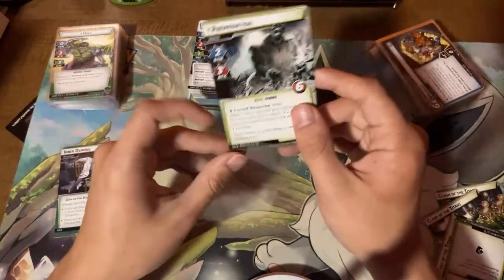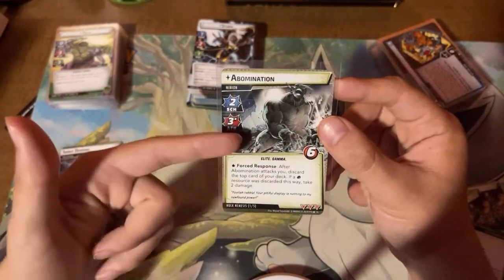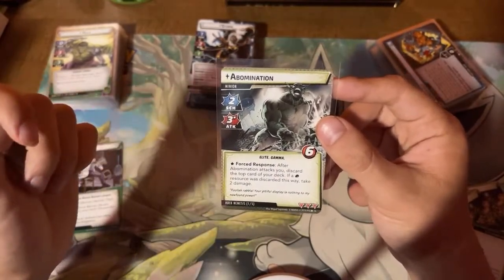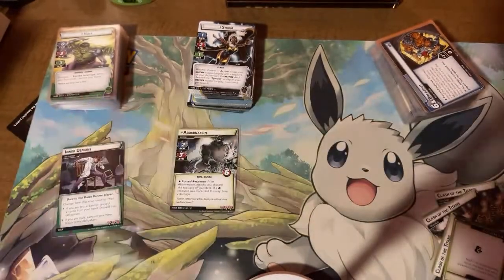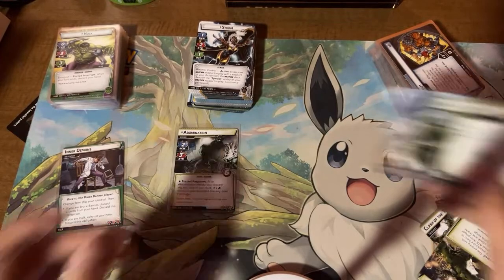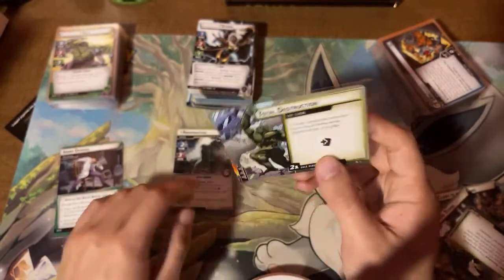Oh, it's a nemesis set. Obligation. Abomination. Scheme 2, attack 3, 6 health, elite, gamma. After Abomination attacks you, discard the top card of your deck. If it's a physical resource that was discarded this way, take 2 damage. He's a 5 attack. Total Destruction. Threat can move. Scheme. All abominations in play get 2 threat and a